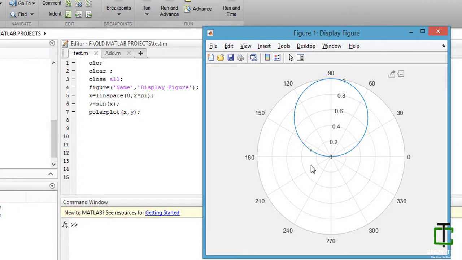Anti-clockwise you take positive theta, meaning this is 30 degree. If I go to the right-hand side, it is minus 30 degree or 330 degree. You have to move anti-clockwise for a positive value of degree or angle.